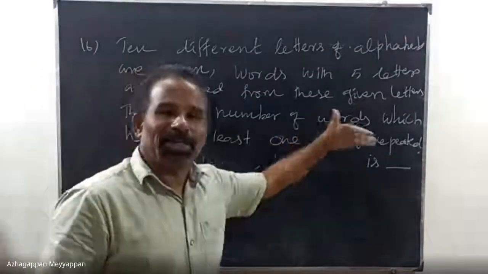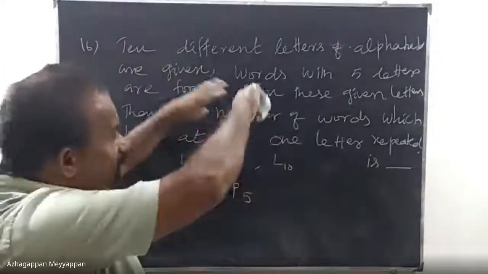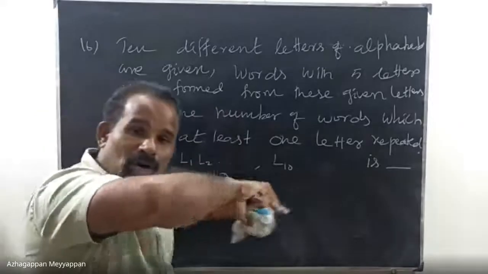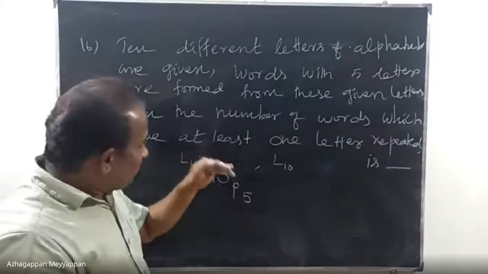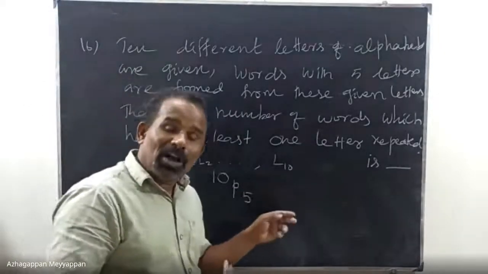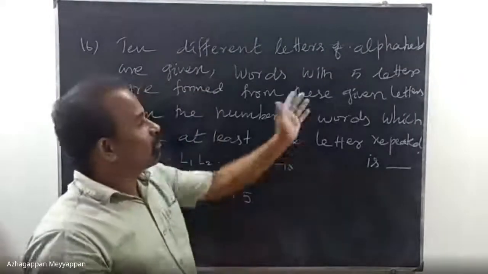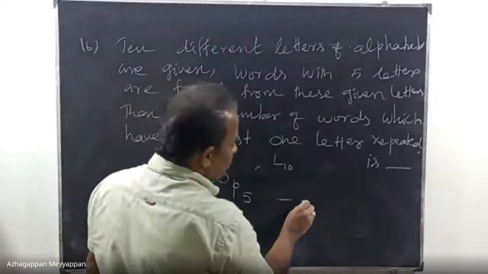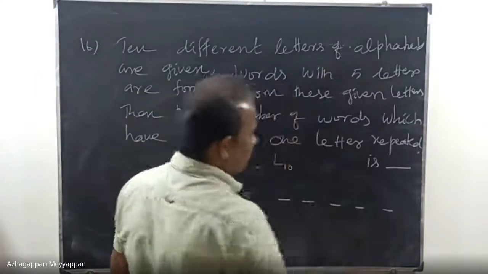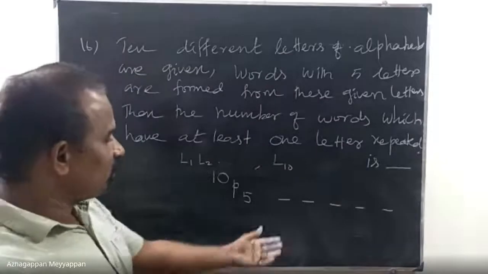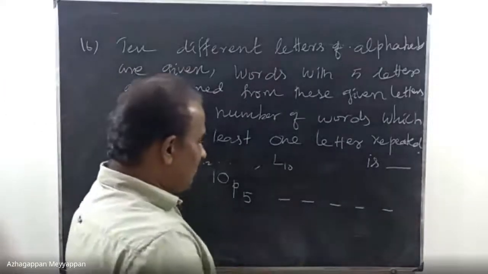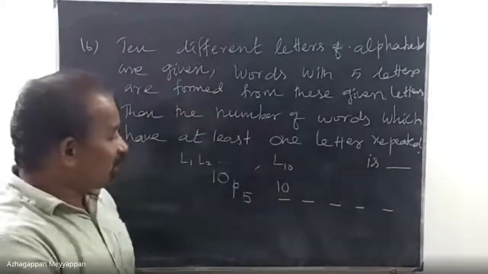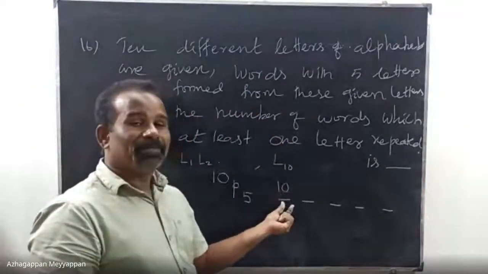That is with repetition. So in this context, you will get all the combinations with repetition, and without repetition also included. Without any condition, you are going to select. First, there are 10 letters. I am going to form a 5-letter word. So here there are 10 possibilities, because 10 different letters are there. Any one letter can come here.